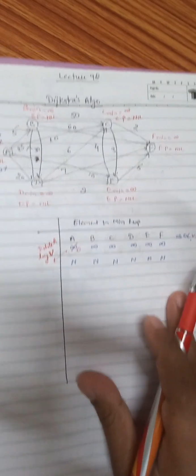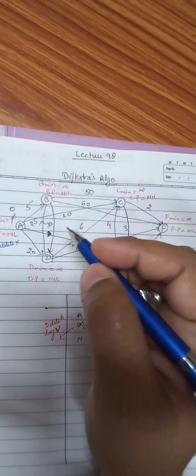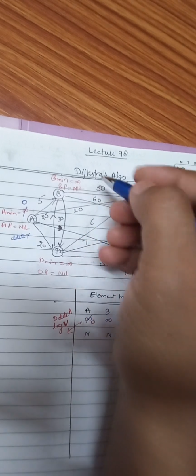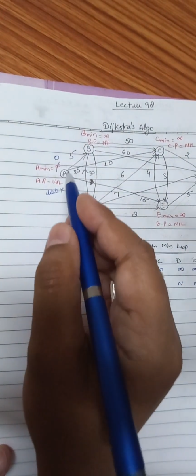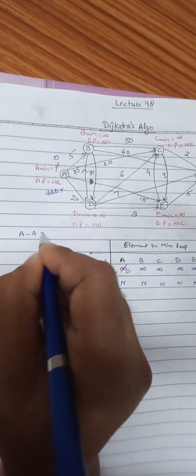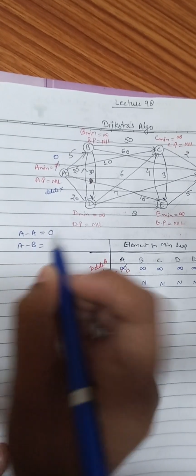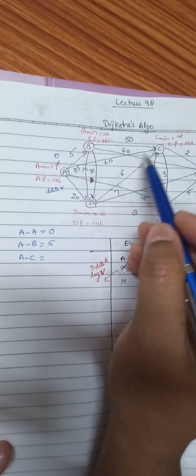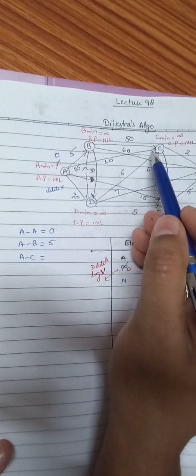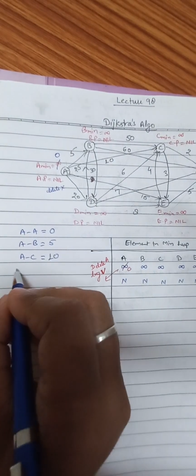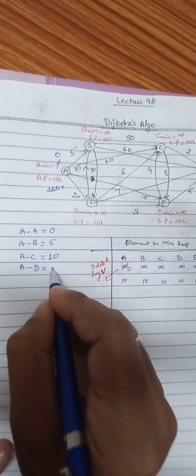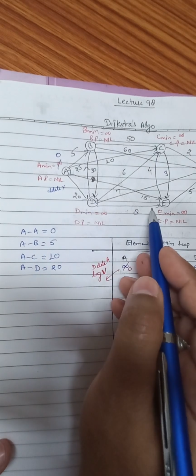So now this is deleted, so now we have to update the values also. Initially values are infinity we have supposed and parent we suppose nil. So if we are updating values from A, we can write like this here first, so that it will be easy to understand. A to A will be 0, no distance. A to B is equal to 5. A to C is 10. So we are writing here 10. Then A to D is 20. So we are writing here 20. Then A to E is